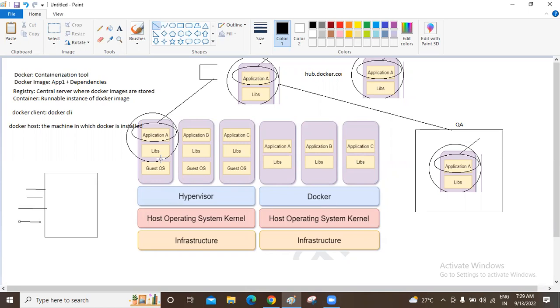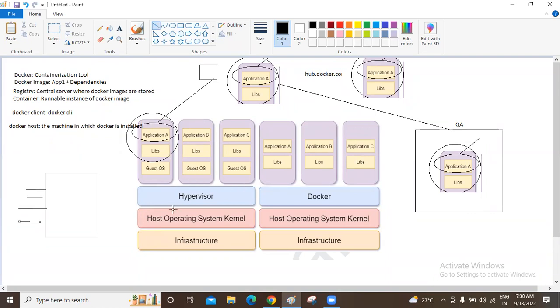Next possibility is because my hardware has enough resources after installing this operating system. Let's say it is 32 GB RAM. I'm just utilizing 4 GB RAM. Still, we have about 28 GB of memory left in our host hardware. So what I'm trying to do, is there any way to create an Ubuntu machine? Yes. How to do that?